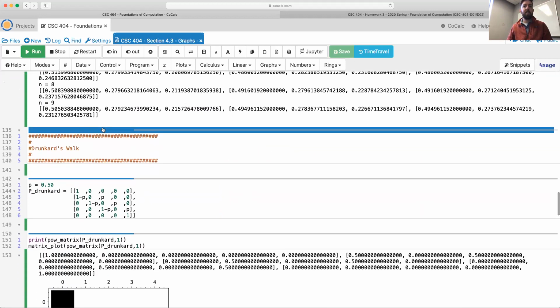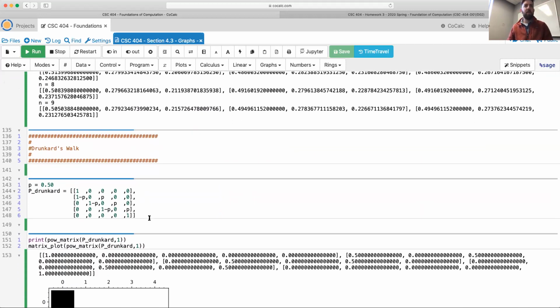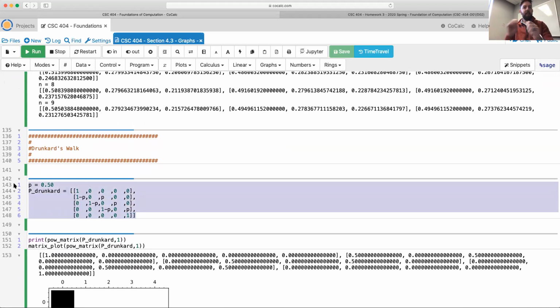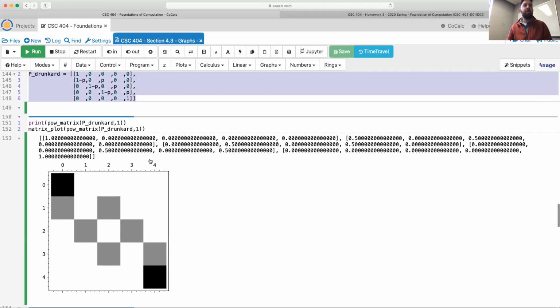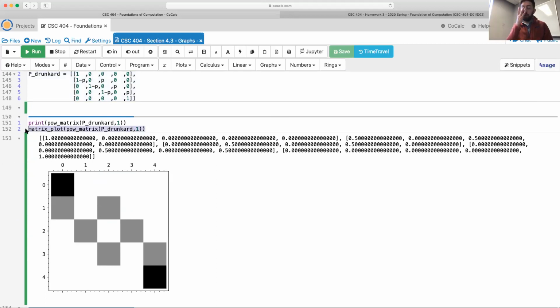The next one is where I'm going to start actually having some of this coloring. So here was this drunkard's walk. So here was the idea of me moving forward at 50% or backwards at 50%. So what I've done is I've actually pasted that thing and I've used this Sage command, which is called matrix plot. So Python's got some of its own stuff to do it. It's just going to be indicated a little bit differently, but it's this ability to create essentially this heat map, which is going to really darkly color things that are ones, white out things that are zeros, and then grayscale